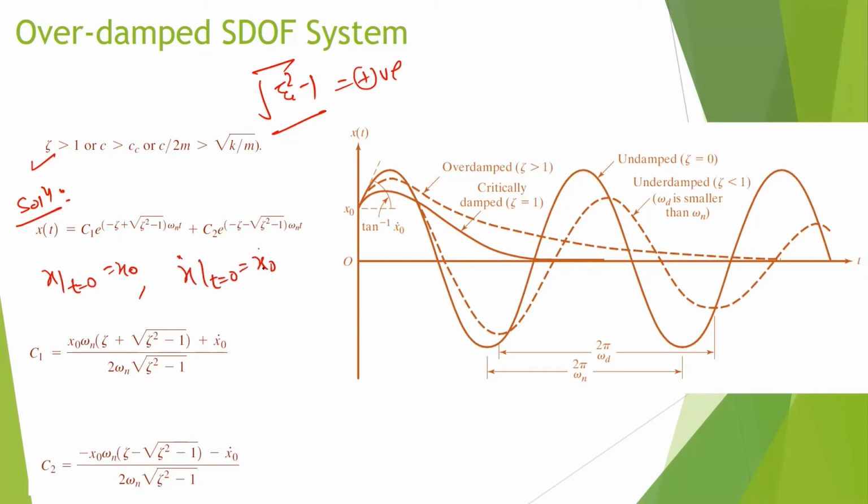If we differentiate this solution with respect to time, we get the velocity equation and we can apply this initial condition, and this is the displacement equation. So we can apply the initial conditions in these equations and we get C1 and C2 in these two forms. So this is the response of the overdamped system, right? It will take infinite time to come to the equilibrium position. It will take a long time and again it will be aperiodic motion.